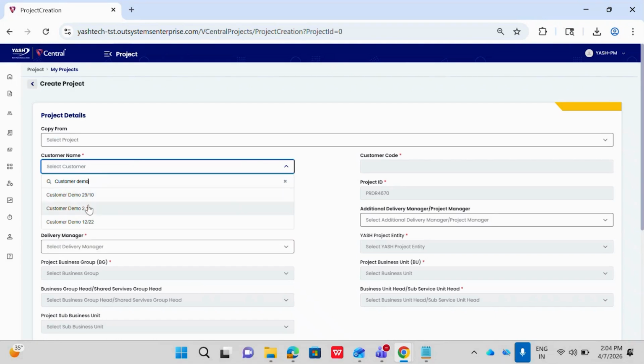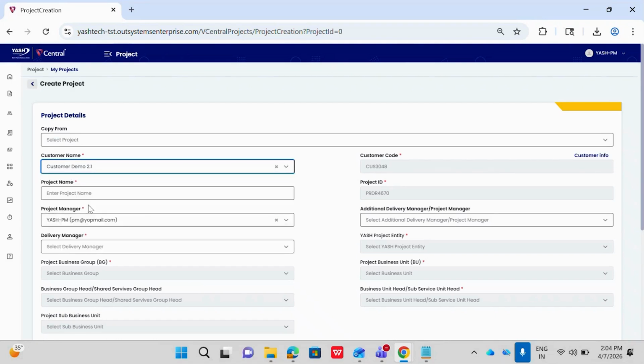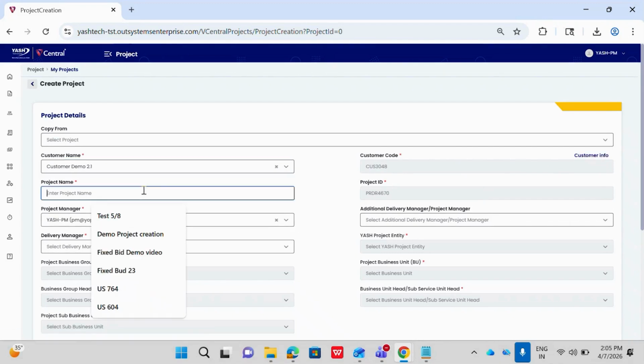Other than the yes internal, any customer will come under the billable project. So we are selecting the customer name as customer demo 2.1, and the customer code will be auto populated based on the selection of the customer name. If the user wants to see the customer details, they can click on this customer info hyperlink to view the details. So let us give the project name as